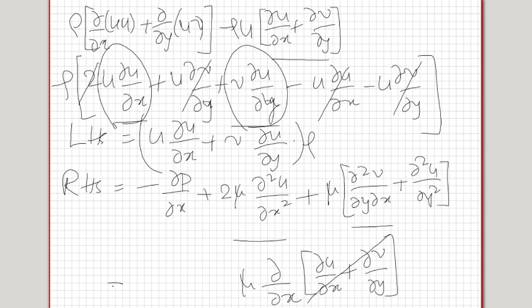So this is actually equal to, let me rewrite this, minus del p by del x plus del square u by del x square into mu, plus mu times del square u by del y square. So now this term cancels out. You have only minus del P by del X plus mu times del square U by del X square plus del square U by del Y square. So that is the right hand side. So the right hand side also simplifies. So the entire equation can now be written as